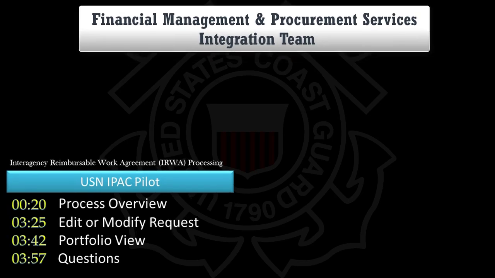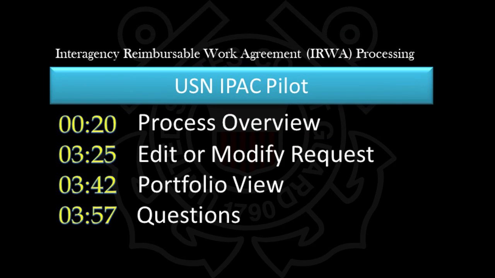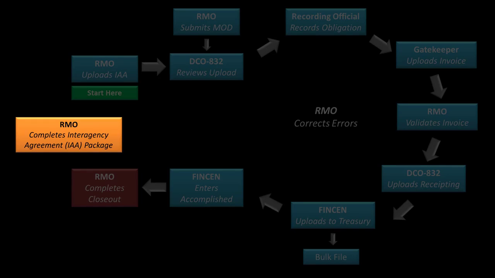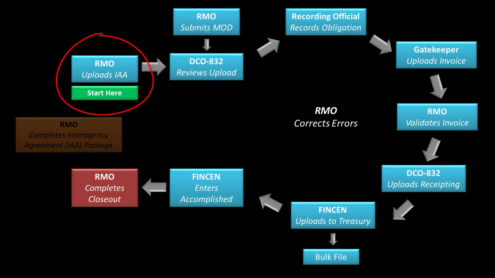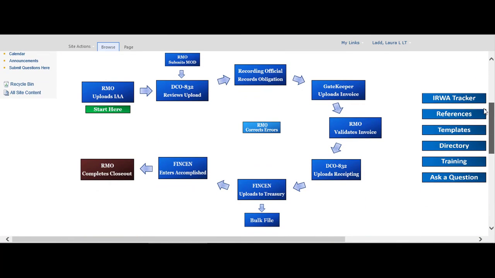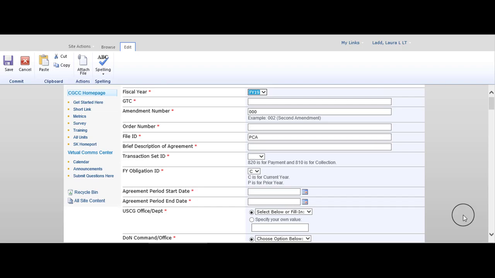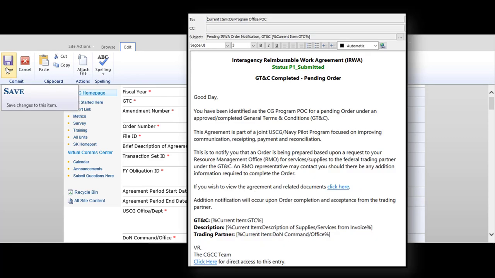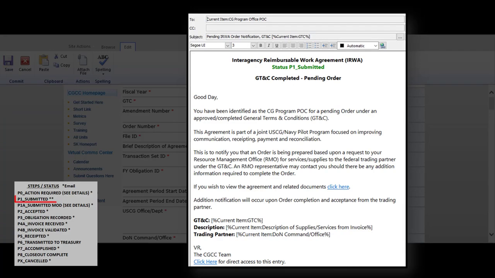Today we are excited to bring you training on interagency reimbursable work agreement processing. Let's jump right in. After a regional management office completes the interagency agreement package, they log into the Coast Guard Common Core IRWA system, click on the box labeled RMO Uploads IAA, and complete the upper portion of the form. Note that the red asterisk indicates mandatory fields, and do not forget to attach the required documentation prior to pressing save. This will generate an auto email to DCO832 letting them know that the package is in their queue waiting